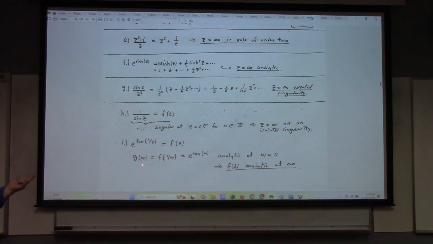So like I did that here, so g of w is tangent of w. That's analytic at w equal to 0, which means that f of z is analytic at infinity. I just found that more convenient for this problem, but the rest of them I kind of looked at in terms of the, all